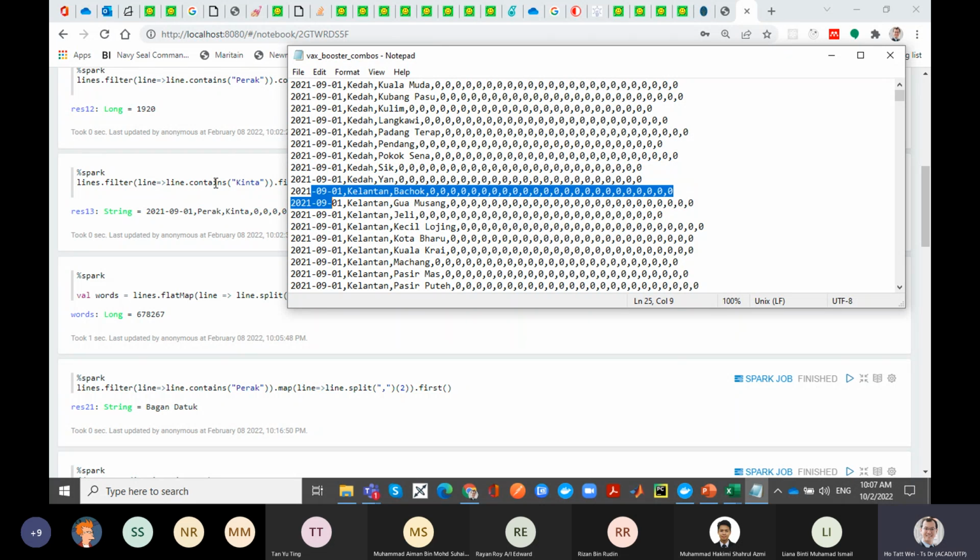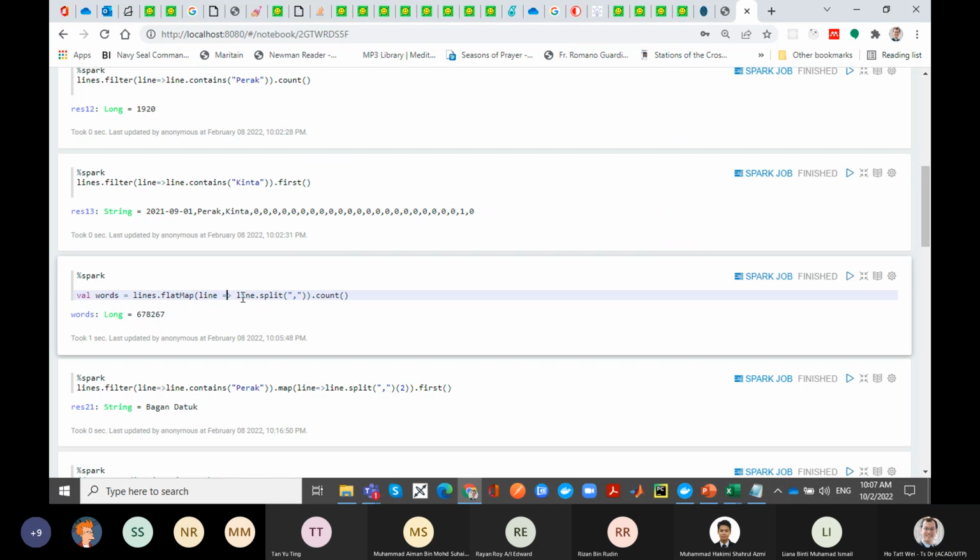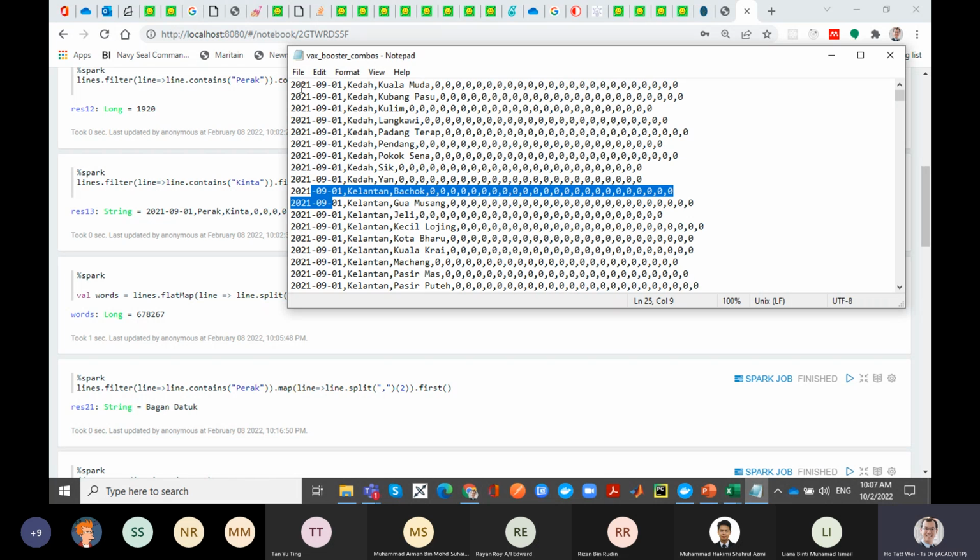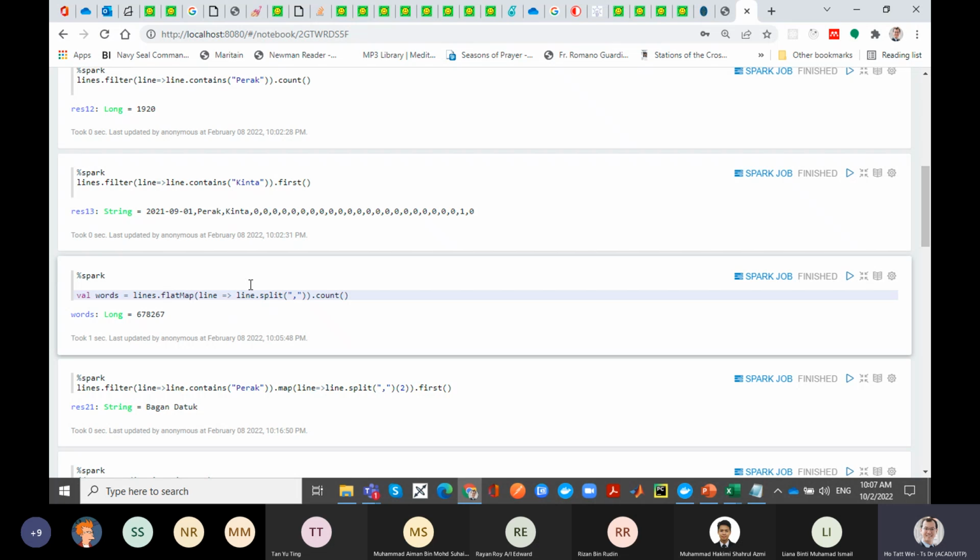So if I run this command, line.split by this, what it is doing is splitting up the RDD lines. Each data element is a line. If I run this flatMap operation, I split each line further by the comma,